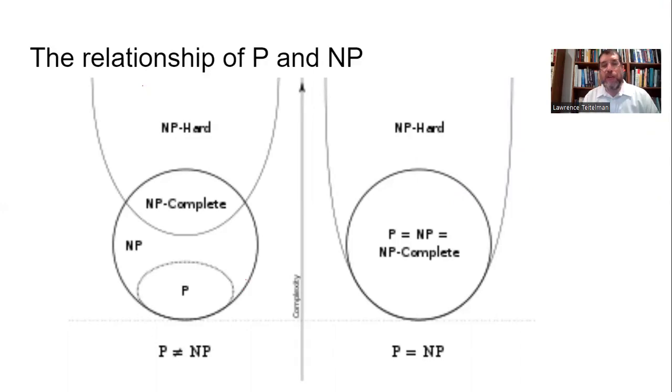So we don't know if P equals NP. That's why someone's offering $1 million to anyone who can figure it out. Depending on whether P equals NP, that determines which of these 2 pictures is correct. All right, so we're going to start with the one on the left, which is the one most people believe is correct. Most people think that P and NP are different, meaning it's harder to solve a problem